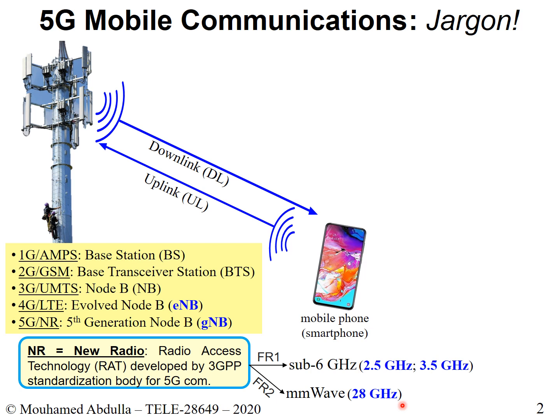You cannot send a signal over a very long distance with 28 gigahertz. The communication range will be smaller because it is lossier. The path loss grows very quickly, and so the quality of your signal will diminish very quickly. So usually this is good for indoor applications, and maybe also for some V2X applications in the city and so on. But in general, this is something that one should know.